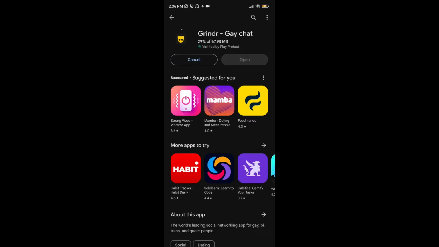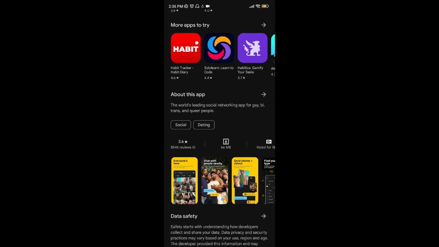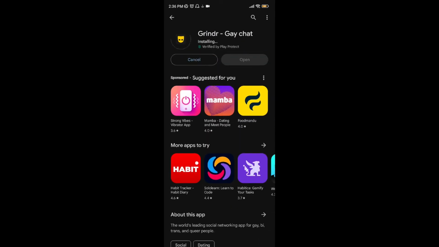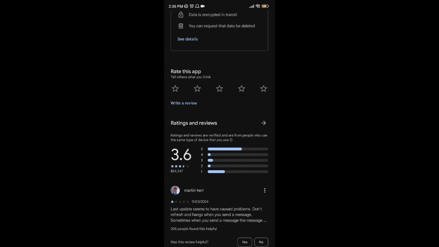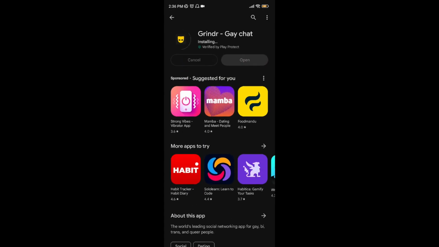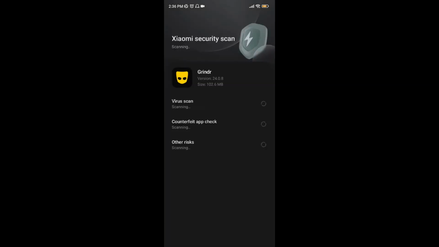Now after your installation is complete, I'll teach you how to use your Grindr dating app. Now as you can see here, my Grindr app is installing. Now wait for it, and as you can see, the Grindr app has 3.6 ratings and reviews from the 8 lakh users overall. Now after your Grindr app is completed, I'll teach you how to create your account on this